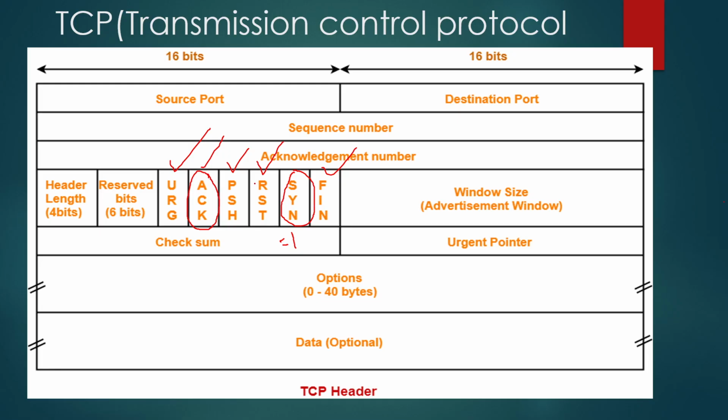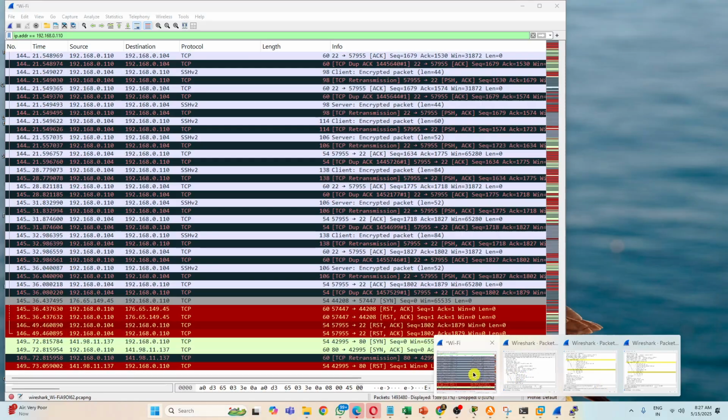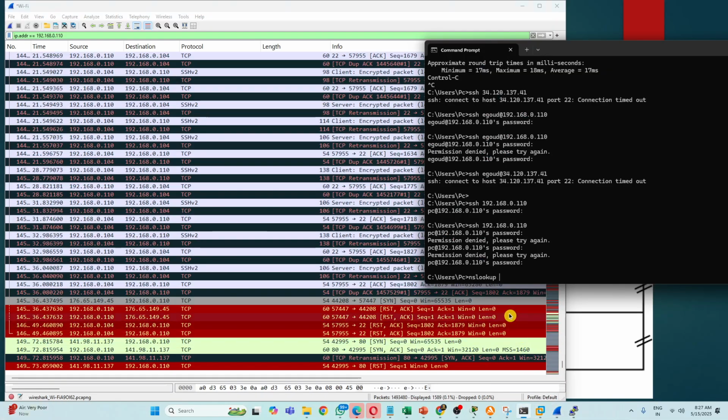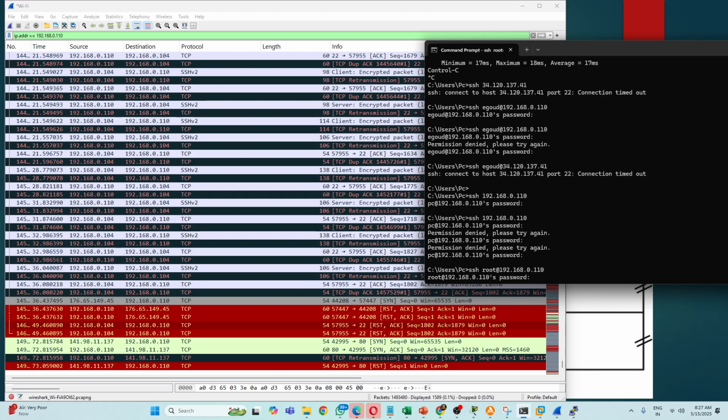Can we check the FIN flag? Push is done, reset is done, now let's see the FIN flag. I will show you everything practically right here. This is a TCP connection, so let's try to log in to the device now. I logged in.